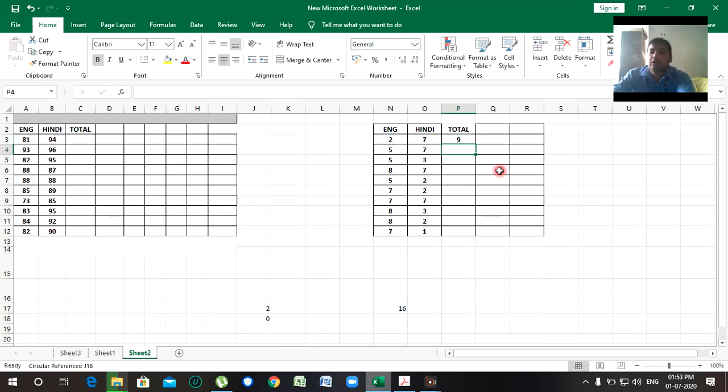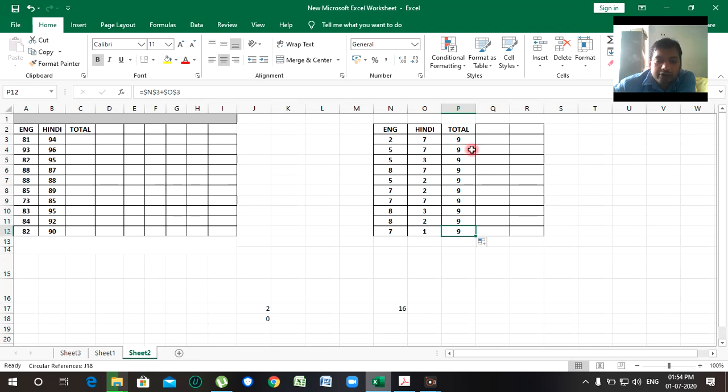See here, the sum of the two numbers is 9, but when we drag down, the number will come 9 and 9. All the numbers are the same because in the absolute reference we are fixing the cell address. See here, this address has been fixed, and there is no changing of the cell address. This is the absolute reference.